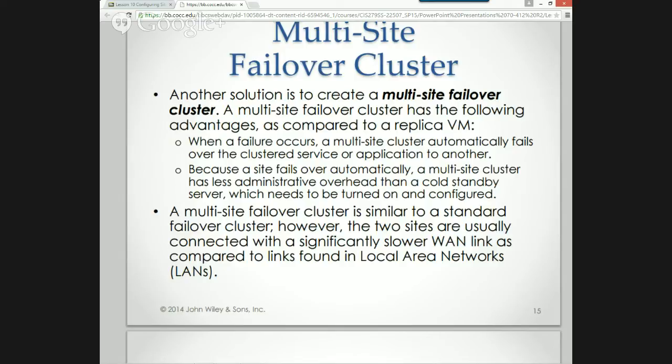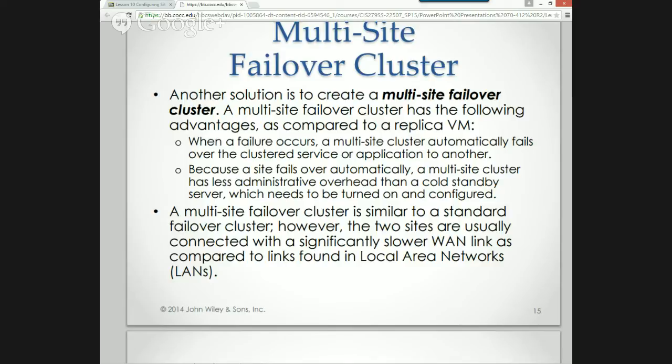Exactly. So let me give you an example. I've got a network at my primary location A. It has 2 domain controllers, an Exchange server, a SQL server, an ERP server, and I don't know, a web server. Okay? And I virtualize all of that. It's still vulnerable. Even if I create a local cluster, which keeps it from going down, if my building burns, I'm still out of business. I have a SAN storage there.